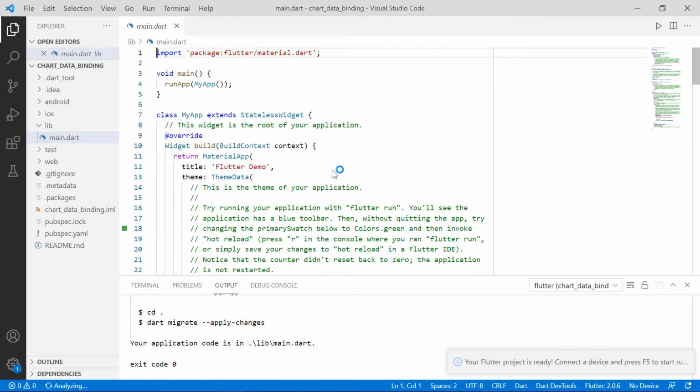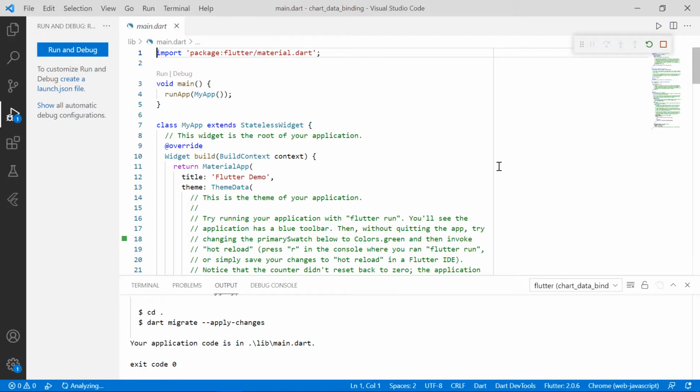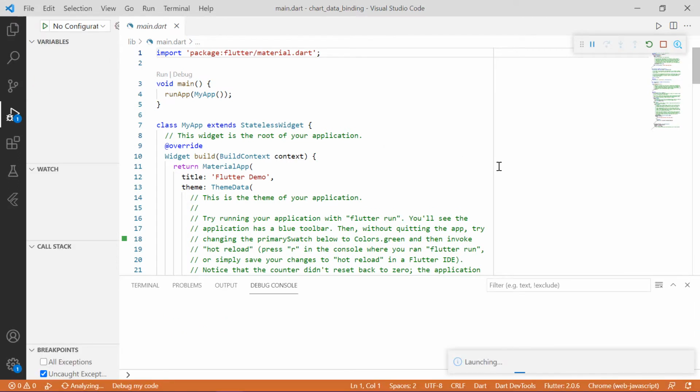We can see the output by running this. And I am running the web output in Chrome browser. As you know, the output will be the same across the web, mobile and desktop platforms. Since this is our first run, it will take a while to launch the Chrome browser.